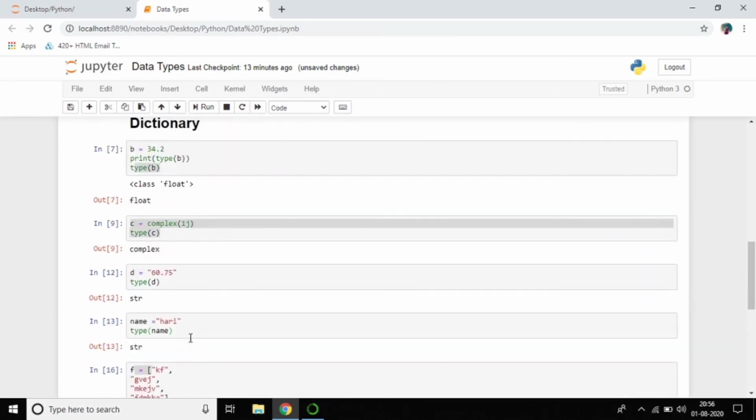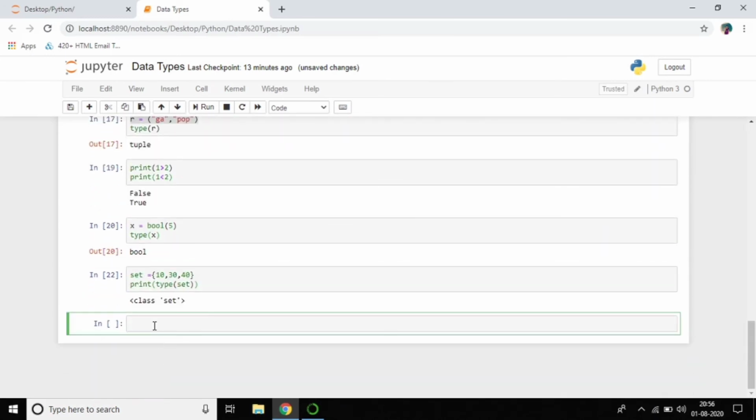So what is dictionary? Of course same like set, but dictionary is having two things, that is name and its value. We assign name equal to Hari, so actually we write it like this: name in quotations, comma, place AP.